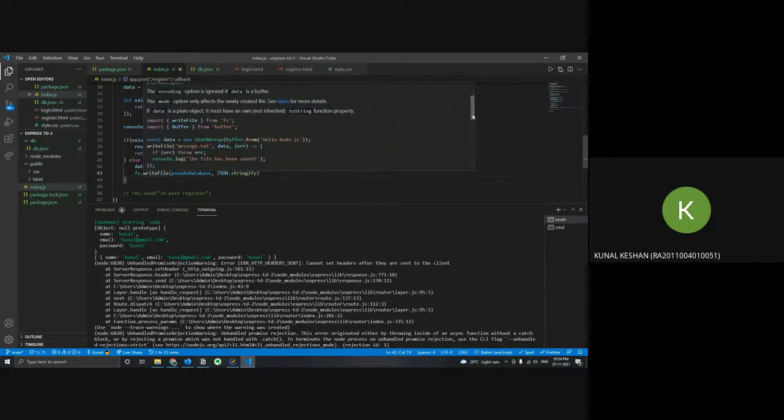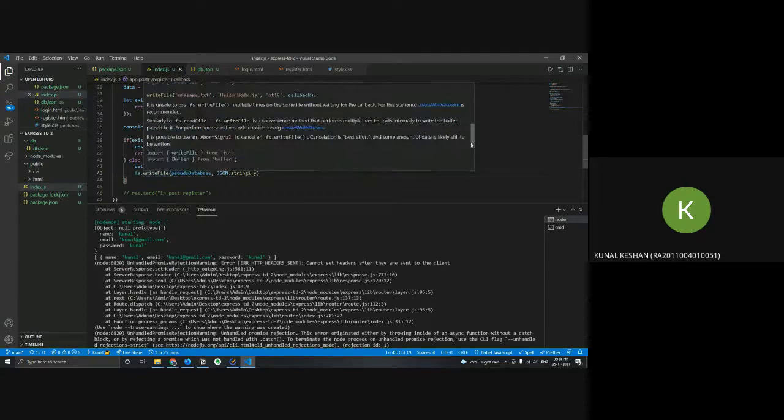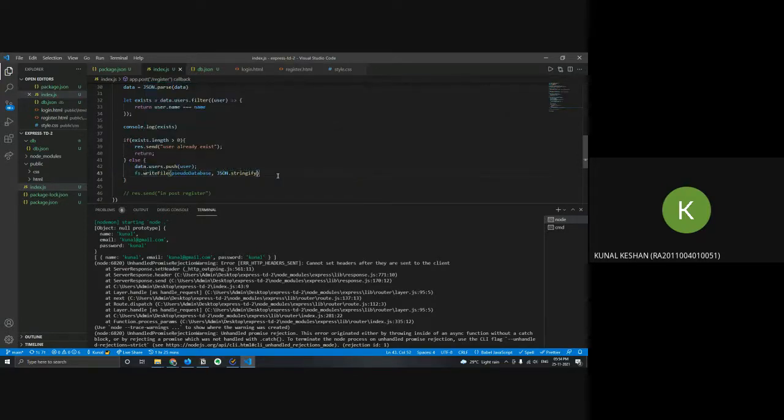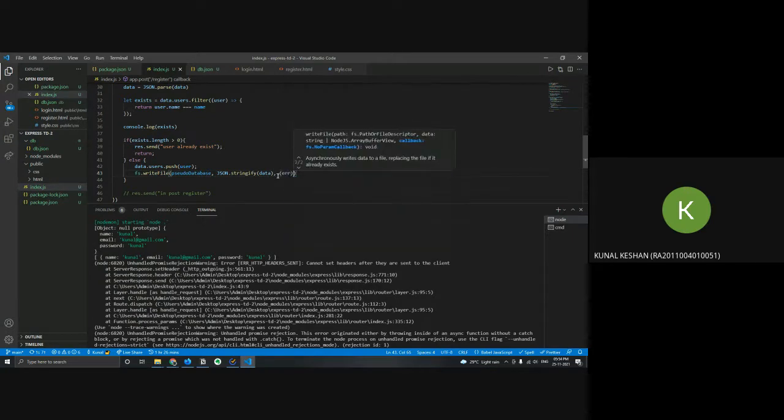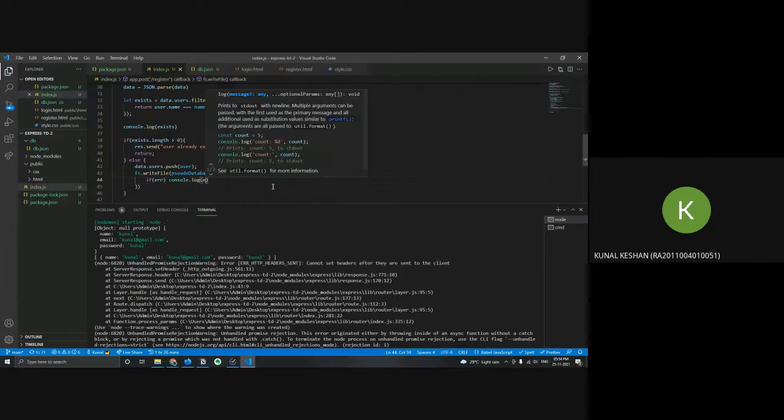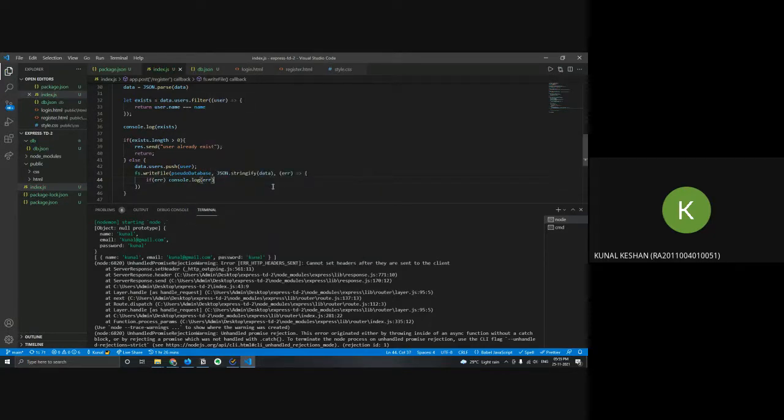These are all obvious, and it's easy to see them in your code editor itself. So JSON.stringify, and take in the data that we defined at the top. And the final one was a callback function in case of an error. So if error, then just put console.log error. Next, once this one is done, we just put